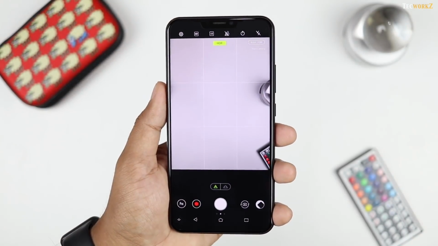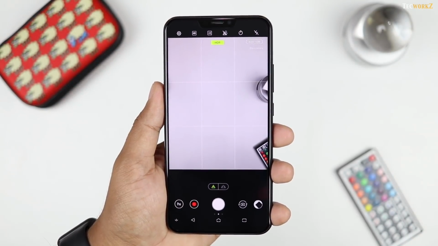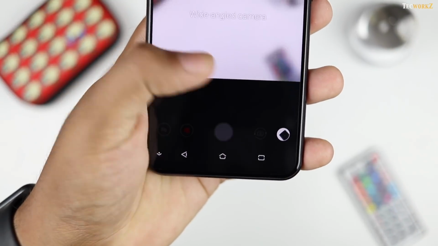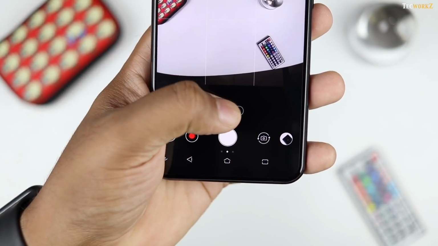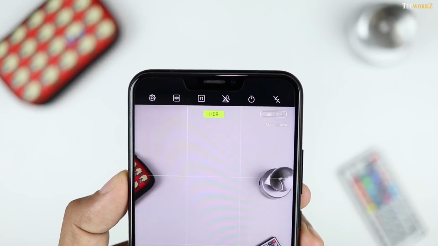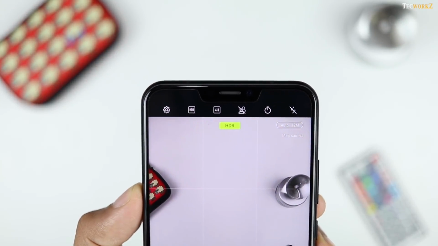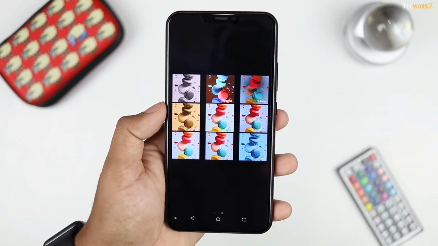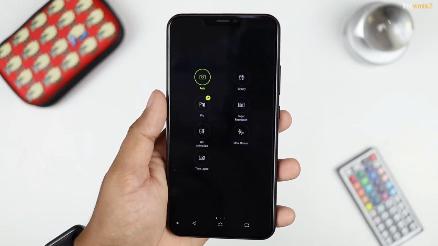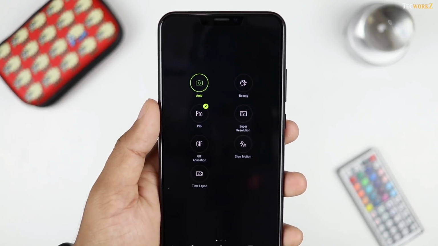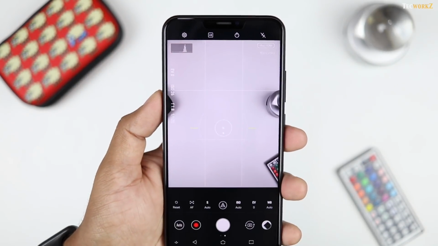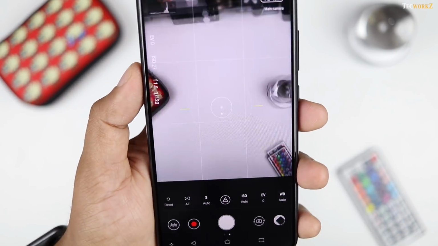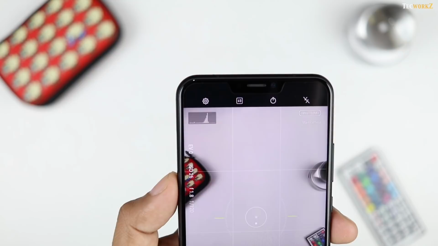The interface of the camera app is very busy with a lot of options, but it is pretty intuitive. There is an option to switch between the normal and the wide lens just above the shutter button. You have the HDR, aspect ratio, portrait mode, flash, and timer options at the top. You can swipe to the left to access various filters and to the right to access various other shooting modes. There is a Pro mode which will let you tweak all the settings according to your liking, and it also has the level and histogram overlay on the viewfinder which comes in handy in certain situations.